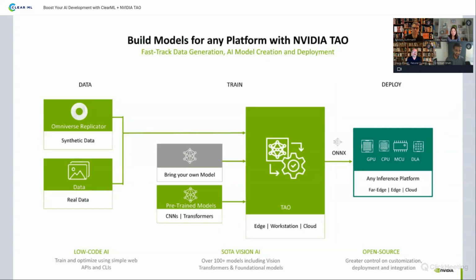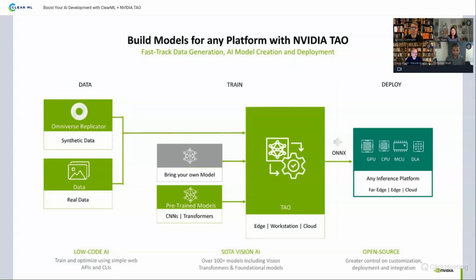We have lots of optimization techniques like model pruning, where you reduce the size of the model, and quantization, where you can reduce it to lower precision, floating point FP16 or int8. Lastly, all of our models can be converted to TensorRT, so if you're deploying on an NVIDIA GPU, all of our models can run on TensorRT.